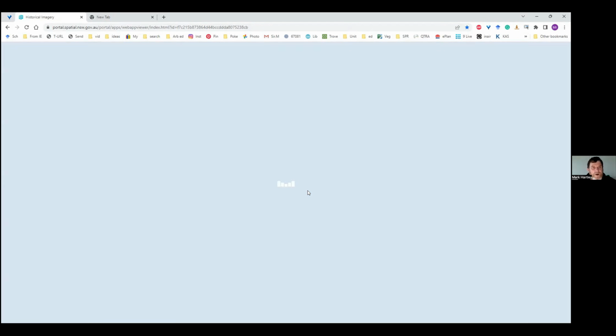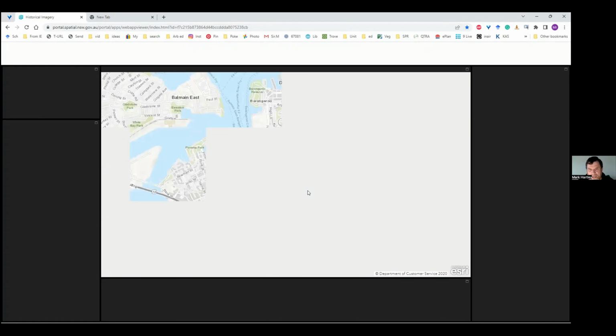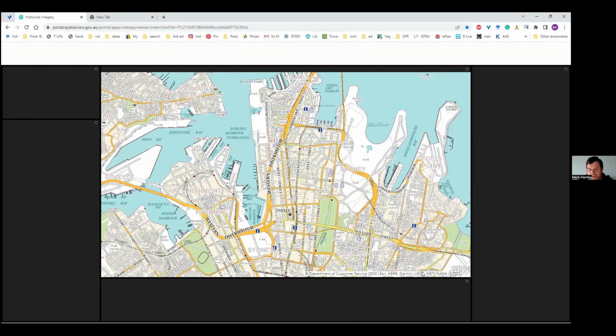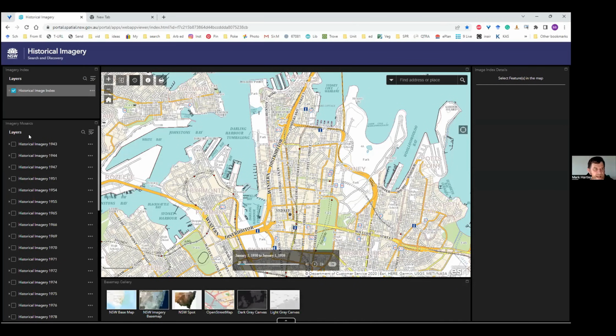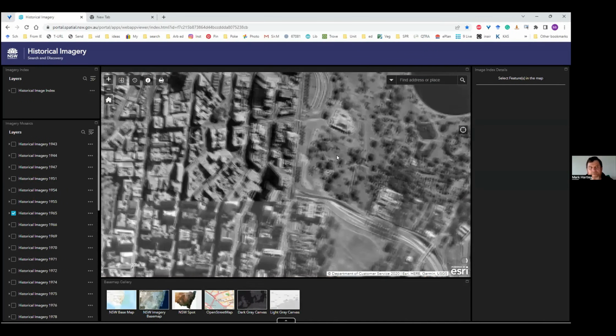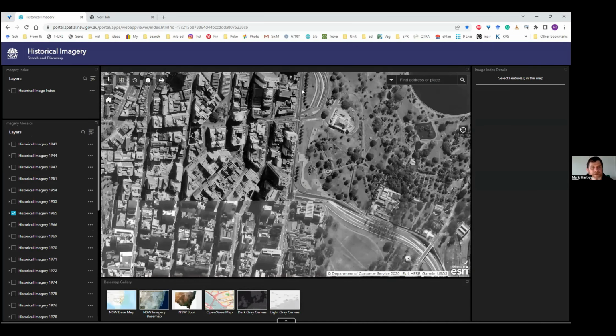I'm sorry it hasn't rolled out broad spectrum yet. But you can go in and search by multiple dates, unlike the old Six Maps, which only has 1943. Sure, 1943 is there, but you can start looking to see, oh, there's one in 1965. So how big was that tree in 1965? And you can go and have a look at that.